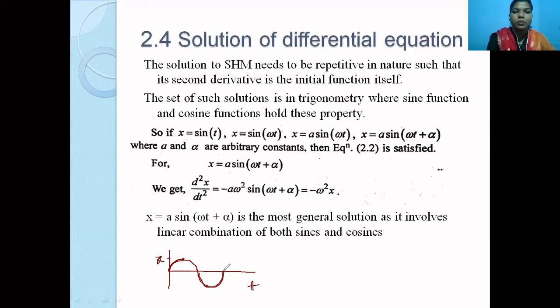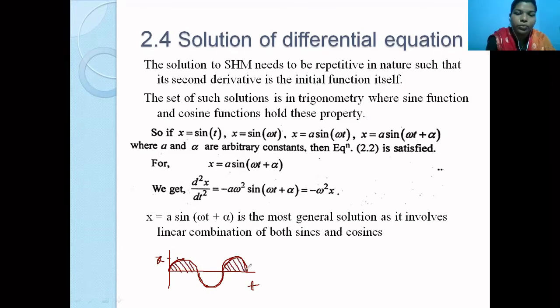Now once it comes back to its mean position again, after it has completed a time span of one time period, it will again go to the same extreme position where it had been earlier. So what you come to know is that it is repeating its phase after a 2 pi phase. It is coming back to its original phase after a span of 2 pi.